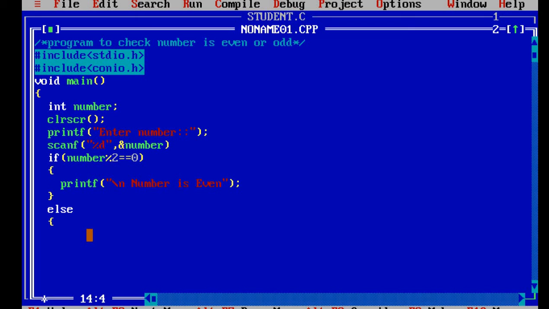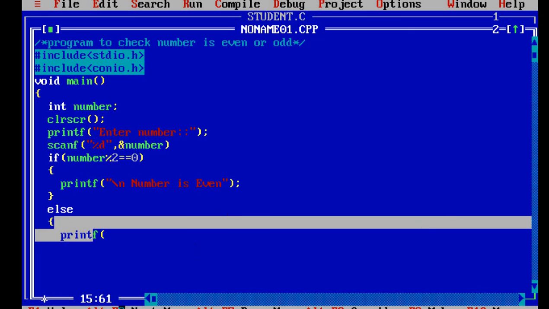So that's why they show in white color. Whatever words are reserved in C show in white color. See here, void is also white, integer is also white, if is also white, else is also white, and the remaining are green, right? So these are keywords, reserved words, used for basic purposes. That's why they are indicated in white. So else, if the condition is false, then what? If the number is not even, then what is the next content? The number is odd.